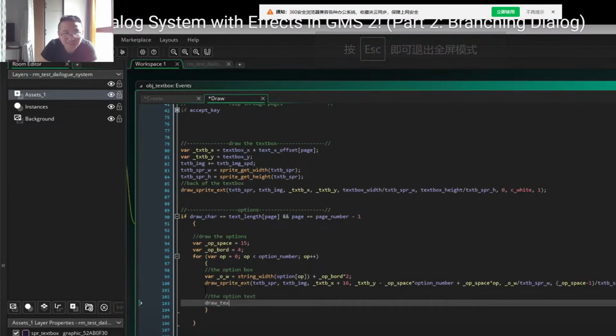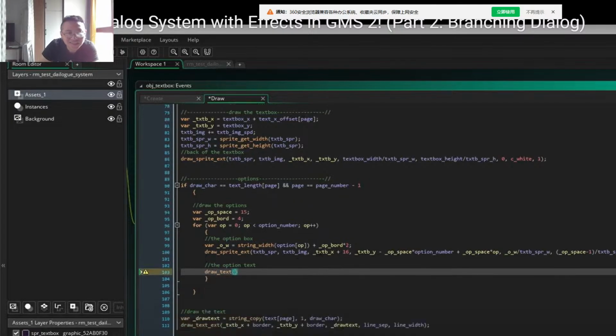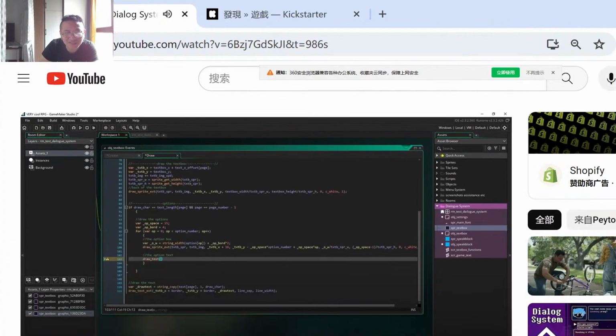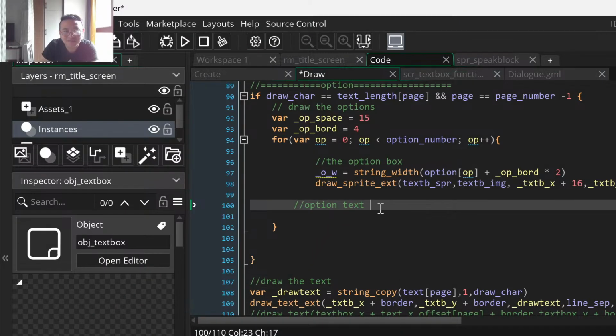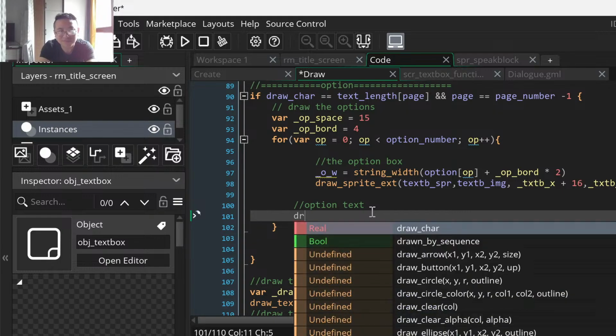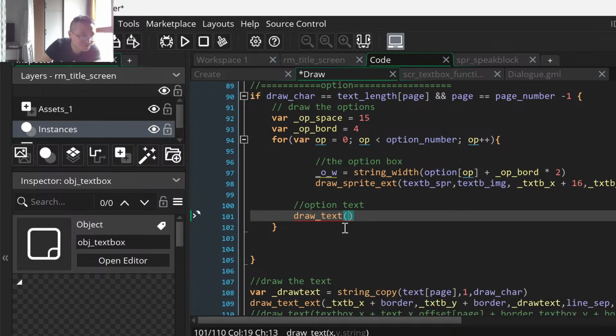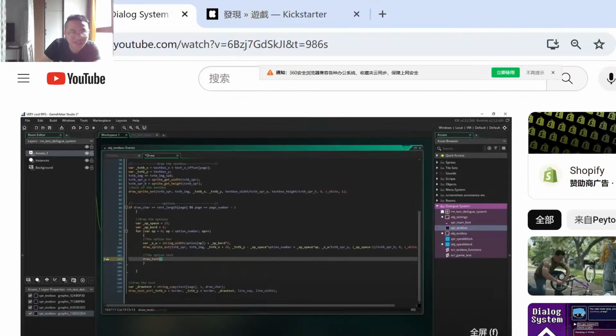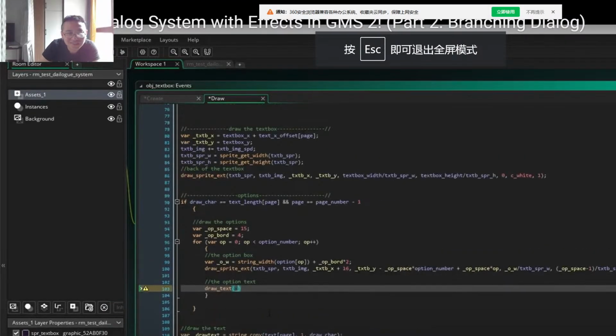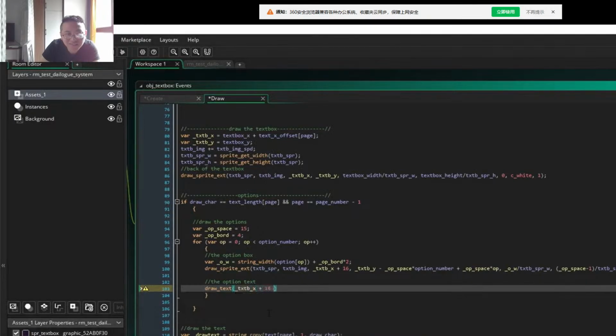And this is pretty easy. Let's just go to draw text. We're going to do the same principle. Draw text. Labels here. So take our text B X, add our 16, and then